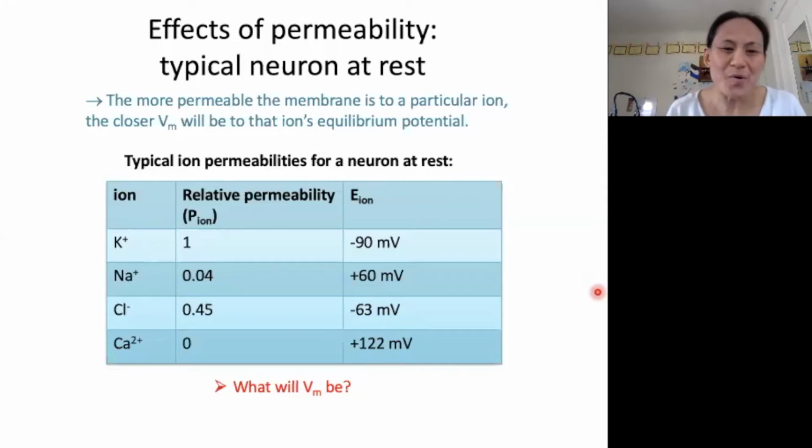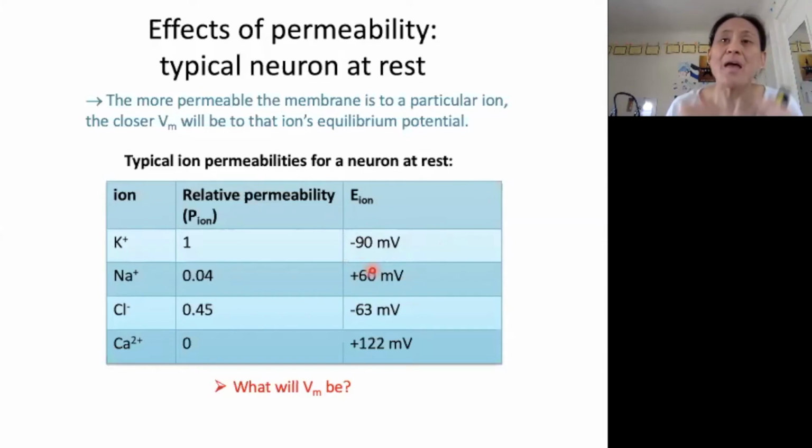Okay, so let's go over this. We have a very high permeability to potassium, and again, this is a typical neuron at rest. We have a very high permeability to potassium, which means that potassium is going to be able to move towards equilibrium. And in doing so, it's going to bring the membrane potential close to its equilibrium potential. Therefore, at rest, a neuron is going to have a membrane potential that's kind of close to the potassium equilibrium